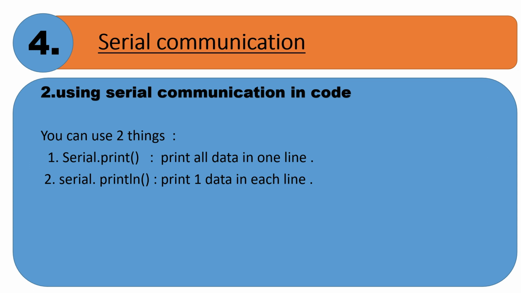Now we have initialized serial communication, and now we can use it in our code. We can use serial communication in two ways in our code. One is Serial.print. Serial.print will print all the data in a single line, and Serial.println will print one data in a line then move to the next line, meaning there will be only one data in each line. Wait a few minutes, I will show you how to use it practically. We use the serial monitor to view all this data. When we do the project, I will show you everything.